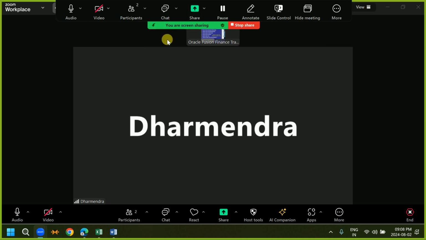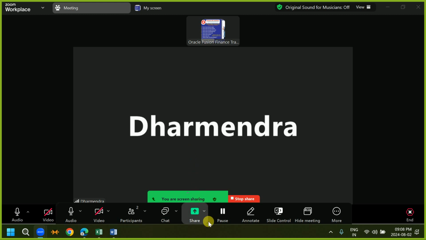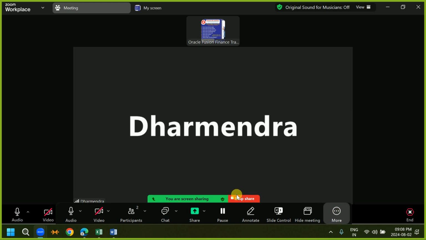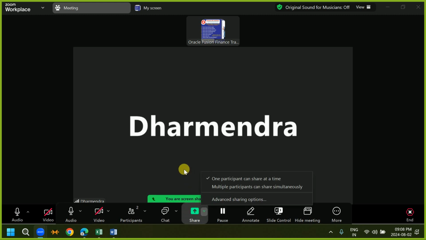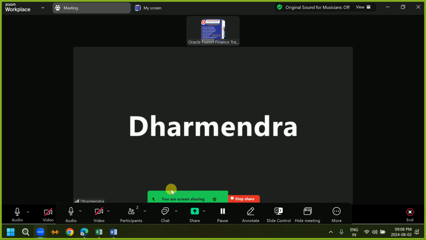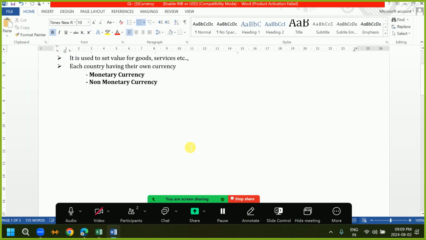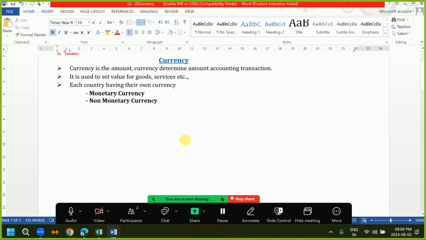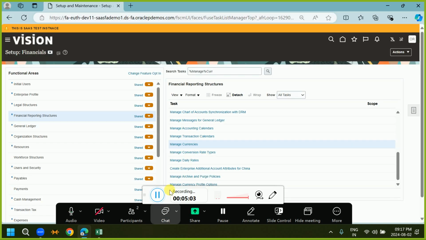It's not going on. Here the pop-up window is not appearing. That is what I'm checking here. Okay, no issue. So at the time we are going to create this one, we should